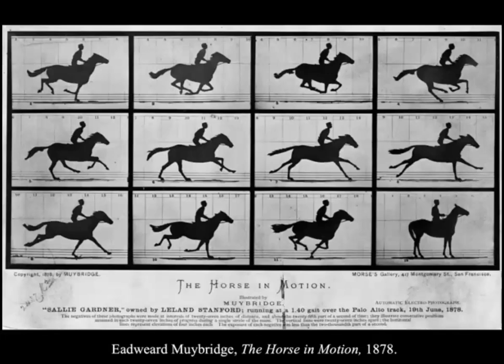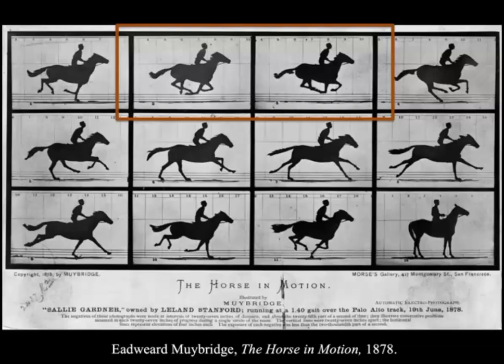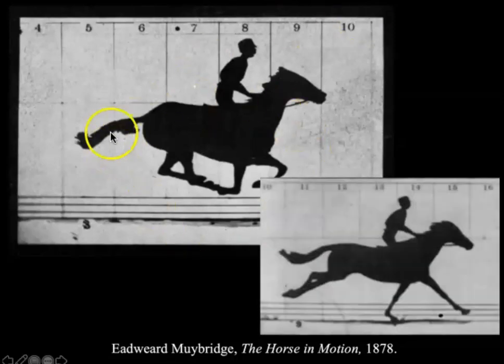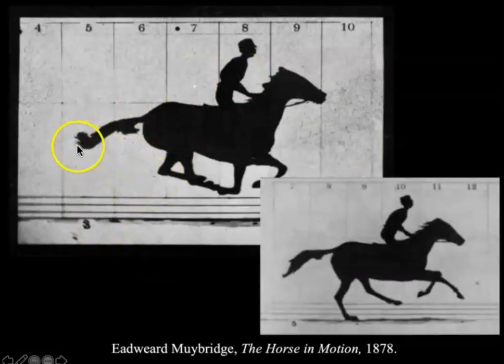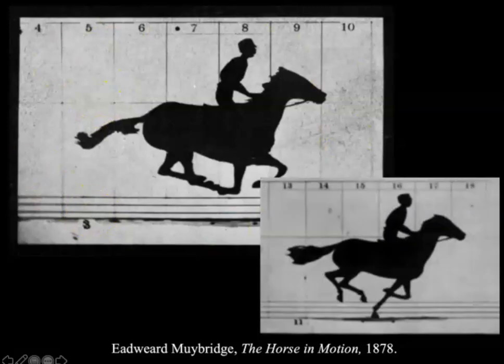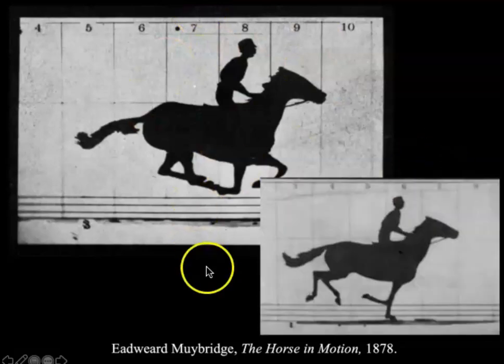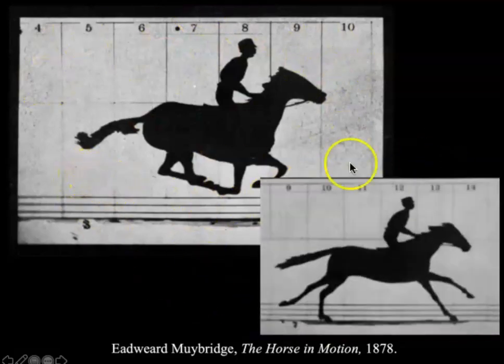And so how do you capture that? At a Palo Alto track in 1878, Muybridge used this type of stop camera footage to capture this, when this horse, Occident, I believe is the name, had its feet totally off the ground. So he did in fact prove that all of the feet were off the ground, right? In this moment that the photograph captured, because of the stop action, you don't see the line work of the figures, and we're going to see how he improved this in the next slide. But he was able to capture that the feet do indeed all lift off the ground when they run,